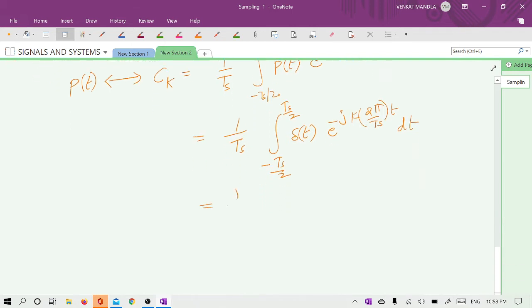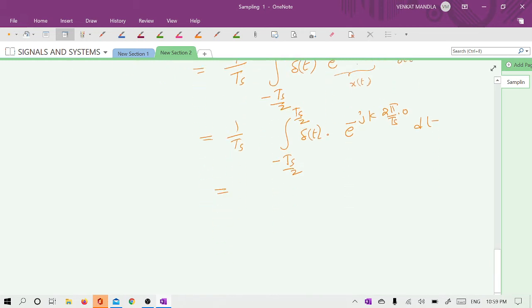Here, 1 over Ts integral of minus Ts by 2 to plus Ts by 2, x of t into del of t gives x of 0. So del of t into e power minus j k 2 pi by Ts into 0 dt. So that value is 1,